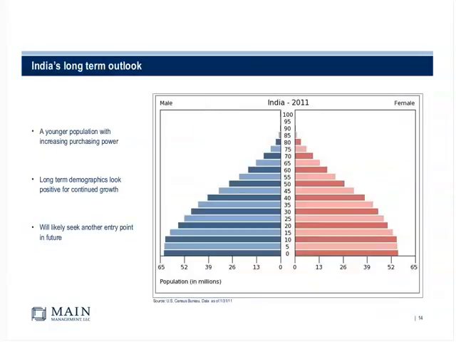Looking at the next one here, this is another piece that we look at, and I put specifically India down here. These are population pyramids that I'm sure you guys have seen. If not, go to the U.S. Census Bureau. You can get all kinds of fancy pictures on them. What this will show you is that a lot of the emerging market countries, including Brazil, India, Mexico, Turkey, Peru, Egypt, Colombia, and Malaysia, all have these beautiful pyramid shapes. Ironically, if you went back to Japan in the late 60s, they looked like this too. And then all of a sudden, the bubble from the bottom kind of moves up in places like Japan, where they do not have a pyramid.